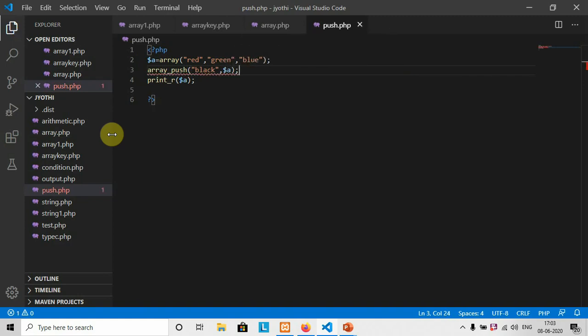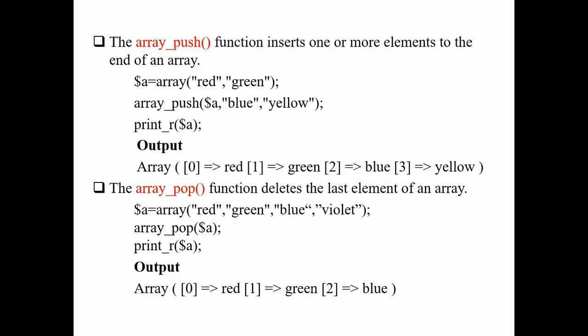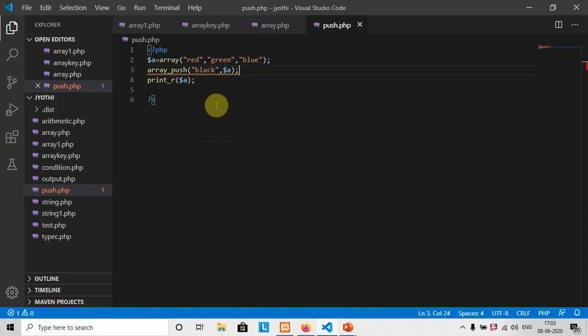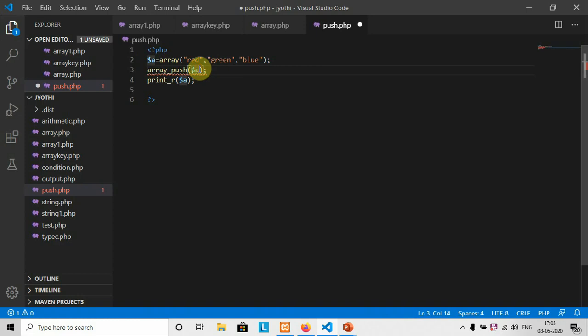There is a small change in this function. The first argument should be the name of the array. So it is $a comma black. Now black should be inserted.